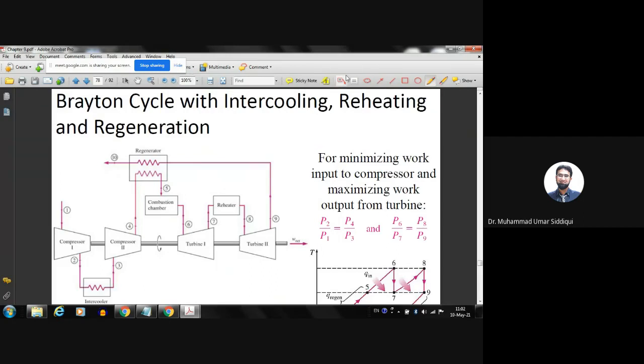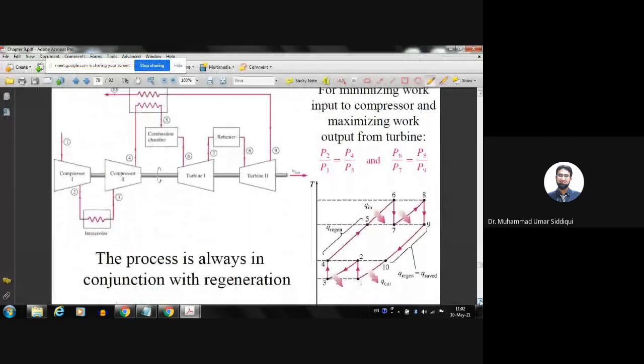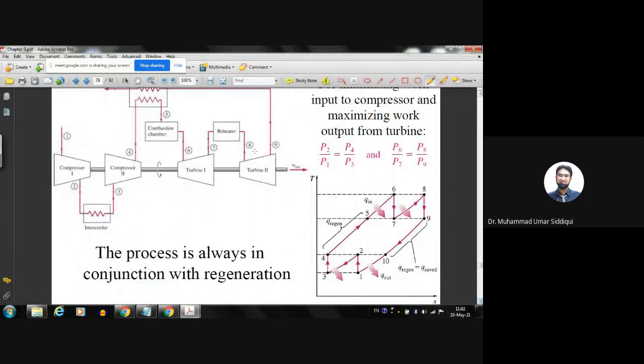the TS diagram. If we look at it from the perspective of the TS diagram, we needed to compress the air inside the compressor. Suppose we were using one compressor only, then we would compress the air from 1 to 2 directly, from low pressure to high pressure, like this. But in reality, we make the compression in multiple stages. We make the air pass through one compressor, and then we take the air out of the first compressor into an intercooler where we have heat rejection,